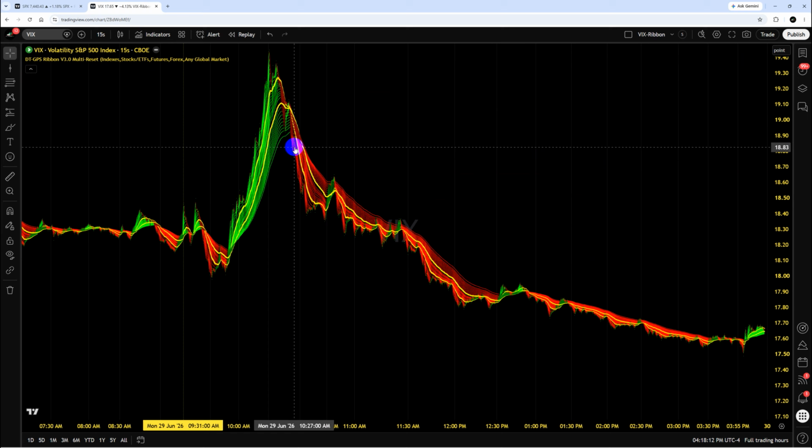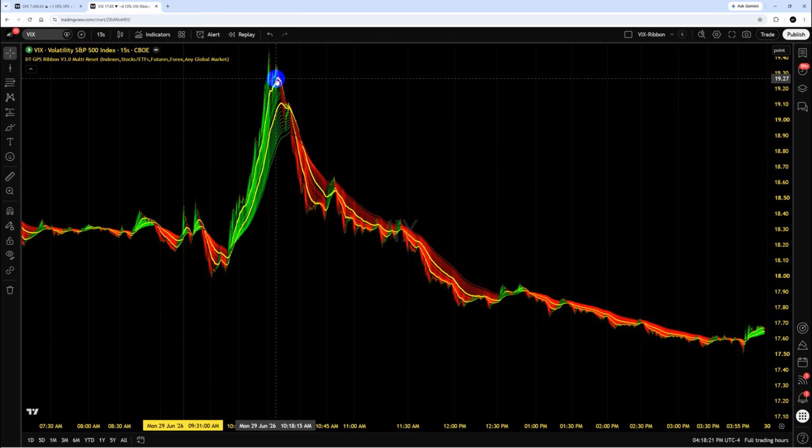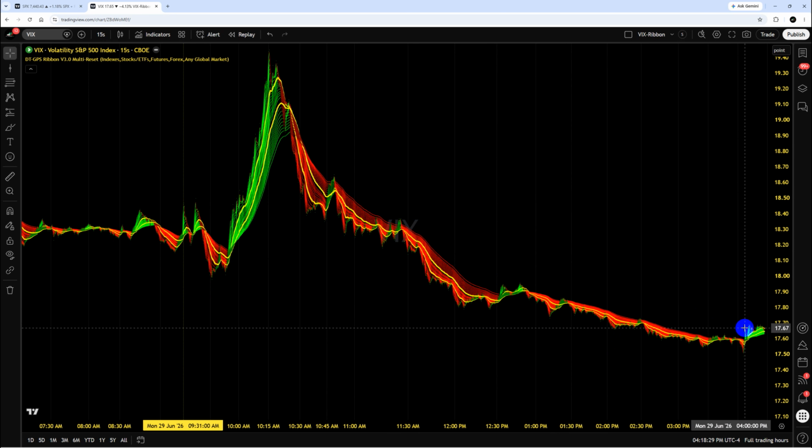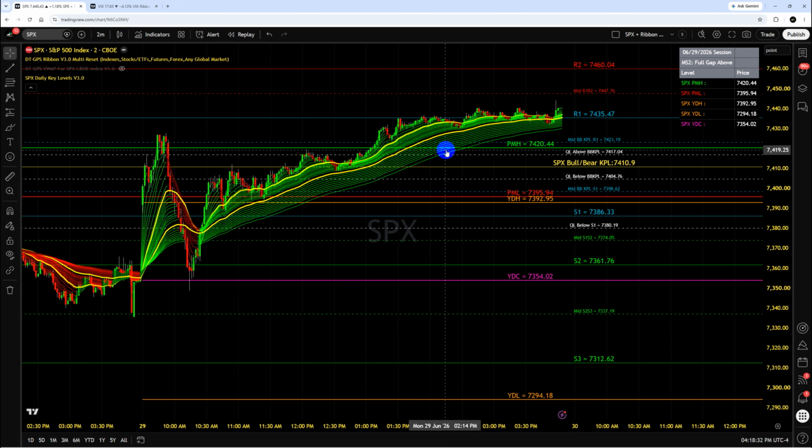So it could also be used as kind of confirmation. You can also look at the angle of the move as well. So we're getting a sharp angle up, sharp angle down. Kind of starts flattening out here. But generally, the rest of the day, it's moving down. After this initial monster bounce here, which goes all the way back up to the bull bear key price level, then you're getting sort of a grinding upward movement the rest of the day. But nevertheless, you have a